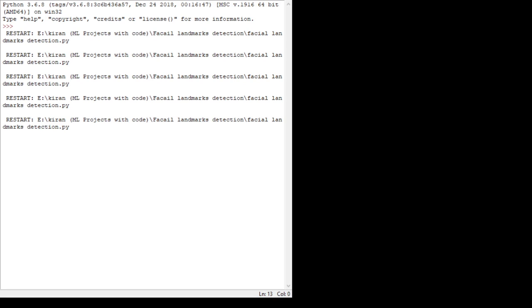Just by running that code, you can see our output will be indicating each and all 68 specific coordinate points on your face. So you can indicate the face, jaw, and then mouth, nose, left eyebrow, right eyebrow, left eye, right eye. This is how efficiently it indicates each facial landmark using this code. So this can be used in many